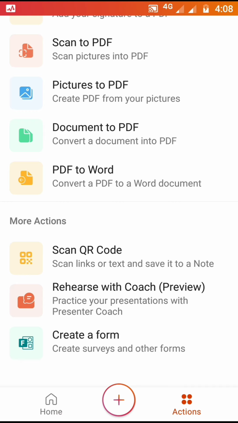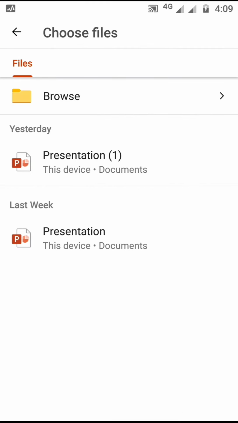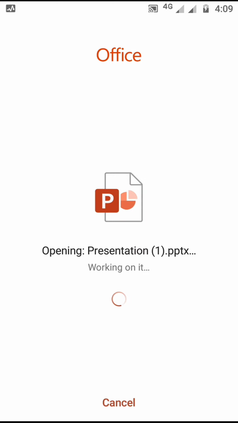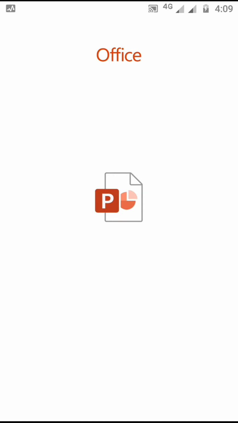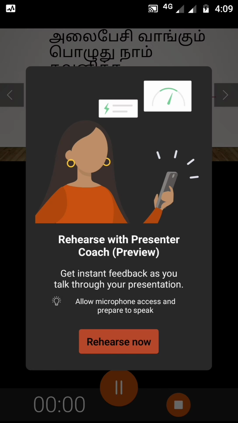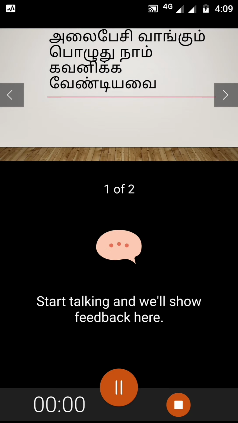Then we can scan the QR code, and we can rehearse with the coach. In this rehearse with coach preview, we can do the presentation, we can do the rehearsal. In that the time and all can be calculated easily. Just I'm going into this presentation. If we start, I can give rehearse now, giving permission.